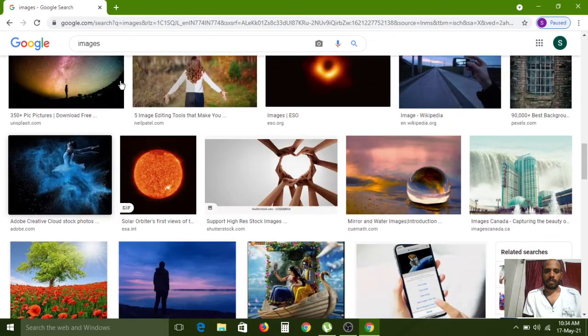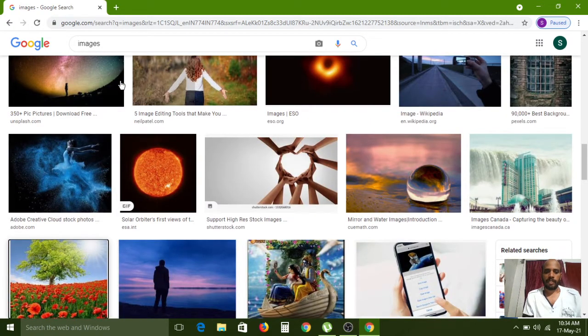Here we have different sizes and different types of images. Some images are small and some are big, so they occupy different amounts of space. Like that, in our web development and our web page, how to insert our project related images, that process we can learn in this session.